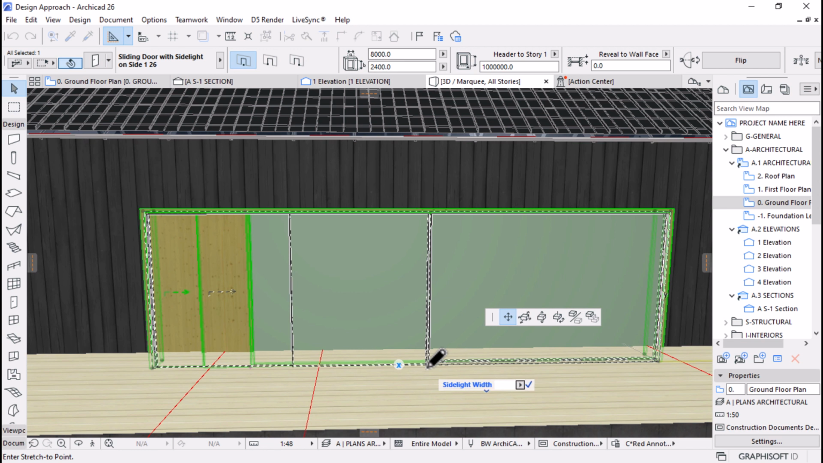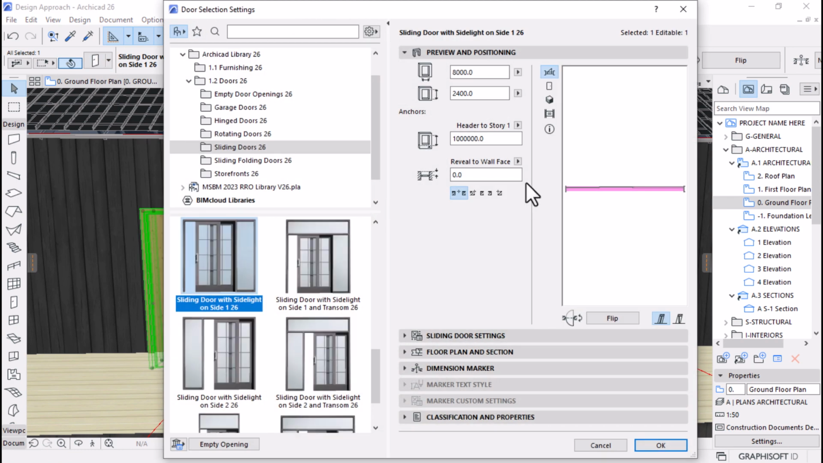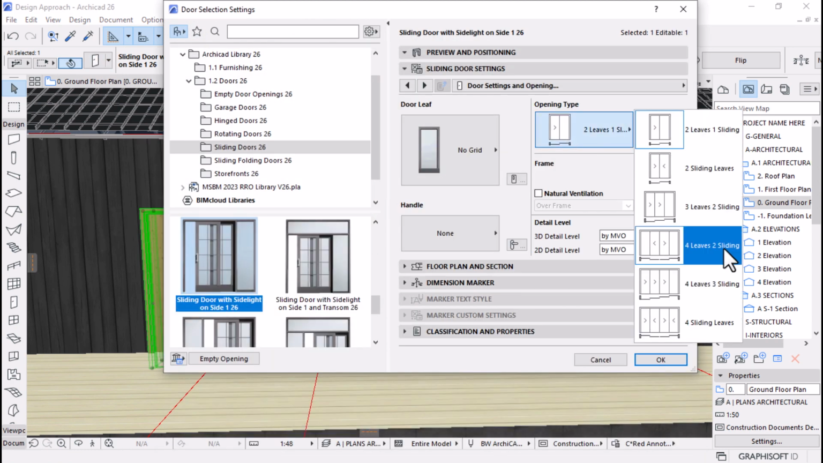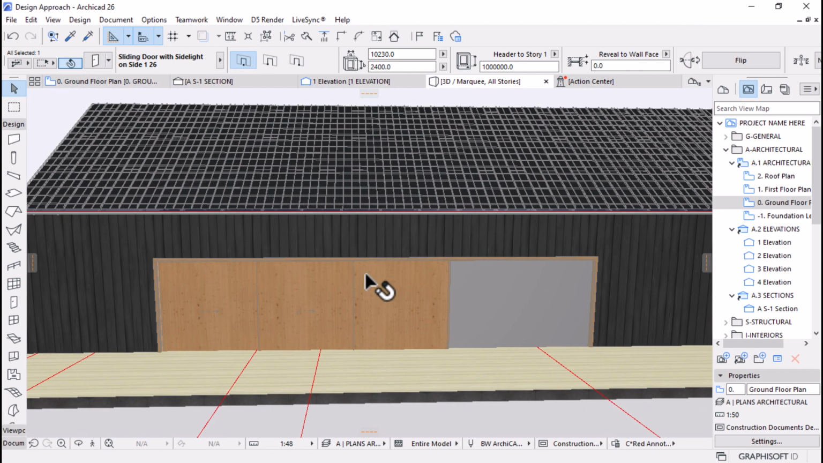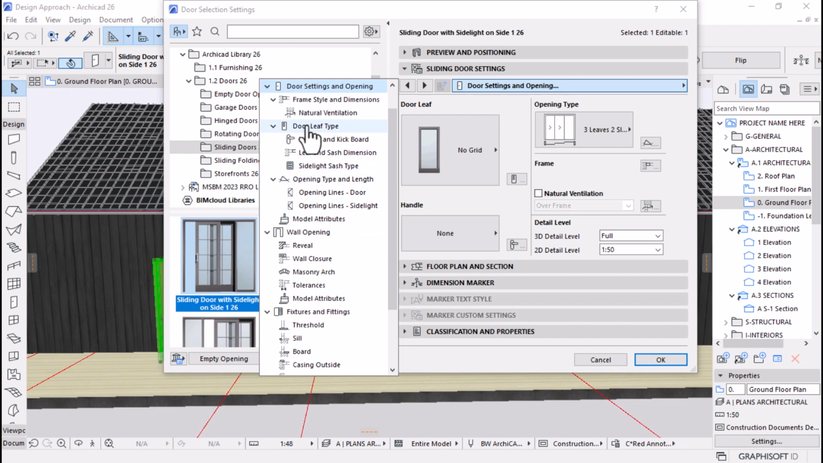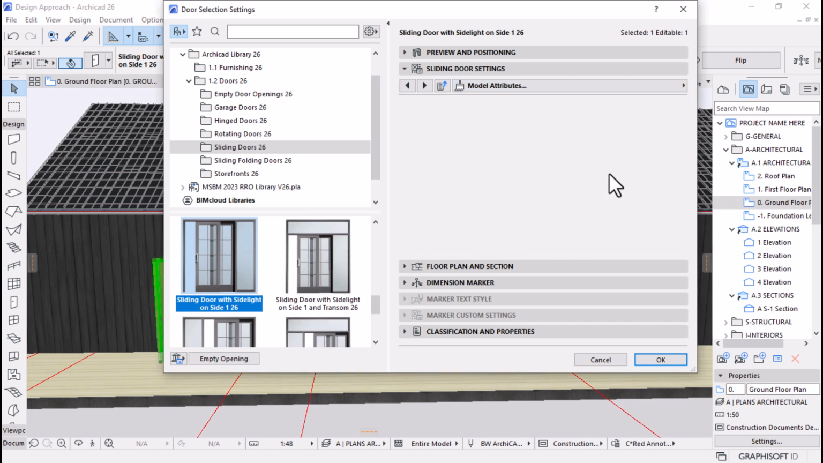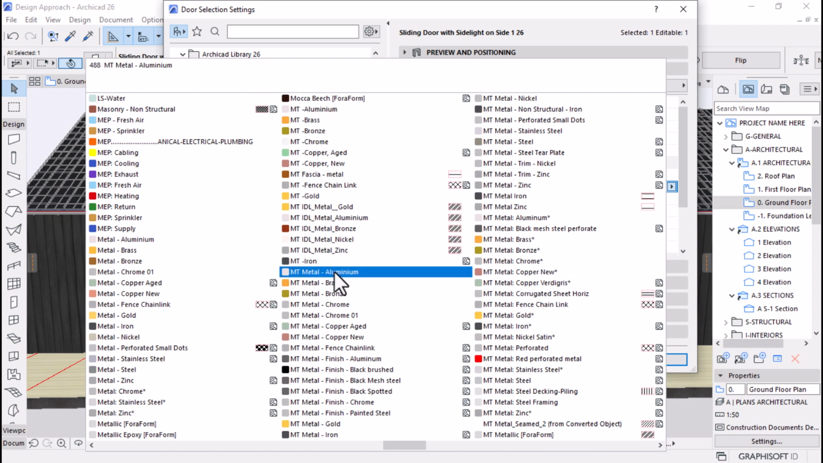So if I say this is supposed to be 3.5 and then go back to its settings, let's change the number of leaves to 3. Yes, I think this works better. I can open its settings, go back again and change. Okay, let's make the 3D detail level full. Let's make it 1:50, and then under the model attributes, change the surface to uniform metal aluminum,